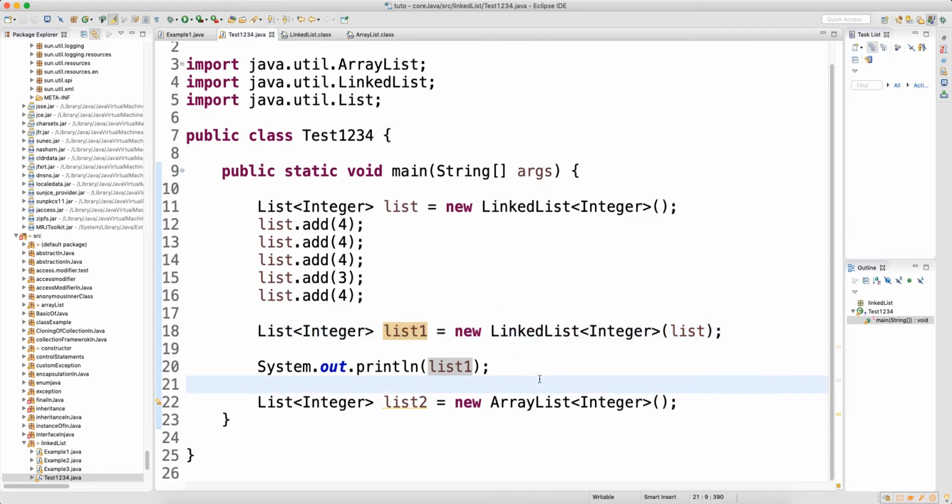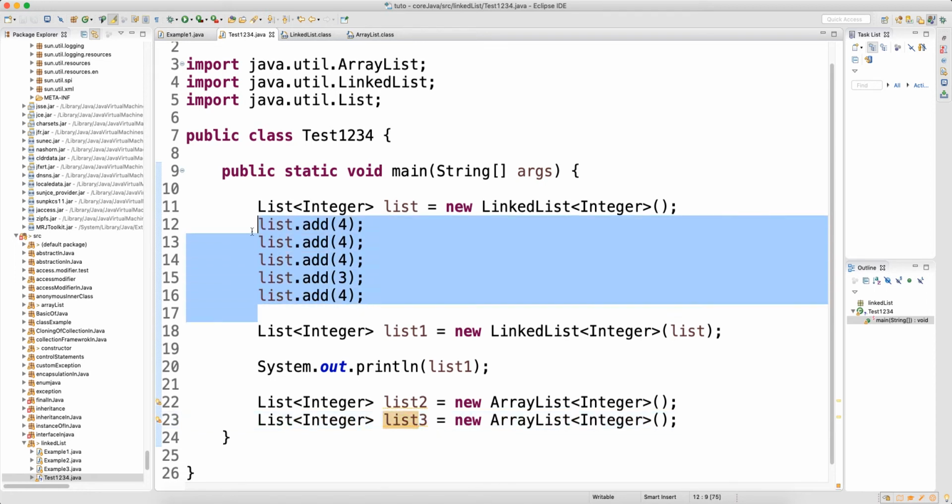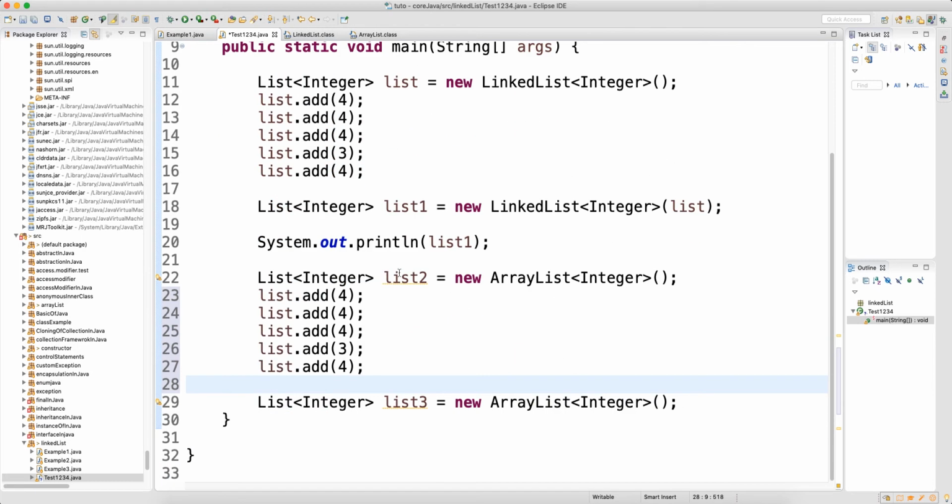Same thing happens in the array list. In array list, let's say this array list, I have covered two constructors, one with the capacity, one is default. Here I am covering the remaining one. The third one I did not cover intentionally. So here also in the list 2, if I use the same add method, the only thing is I need to change the reference,